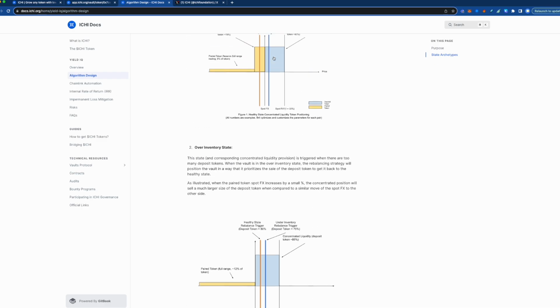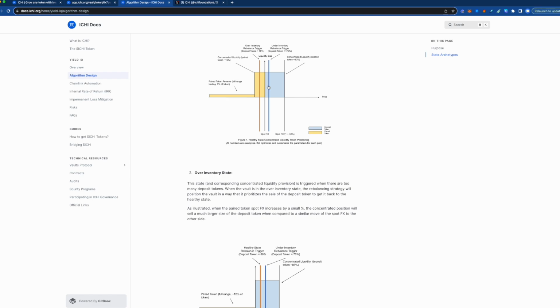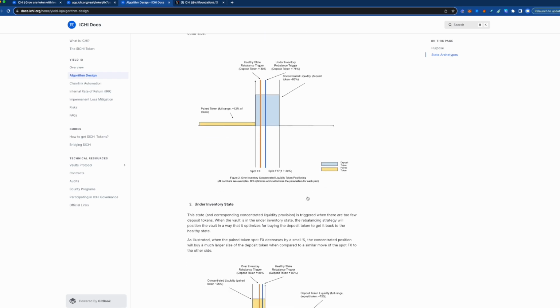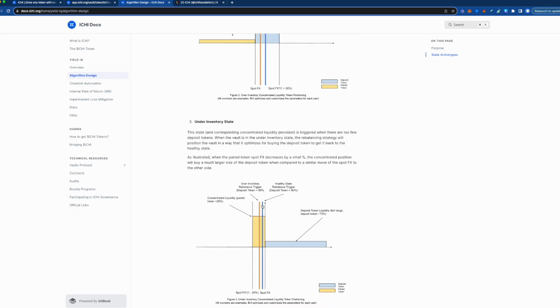Now let's say it swings the other way and the price goes up and it crosses this blue line here, and so that means you've sold more ETH than you would like. So in this case, you can see it's roughly 75%. So when you've sold 5% of your ETH, they're like, hey, it's time to slow down the selling. We don't want to keep selling all of it. So then it's going to adjust it and take all the USDC and put it right below that price. And then it's going to take all the WETH and extend it to full range. So it'll slow down the selling. It'll only sell a little bit every time the price goes up, up, up, up,